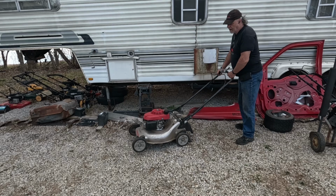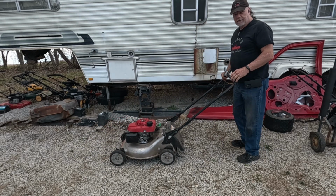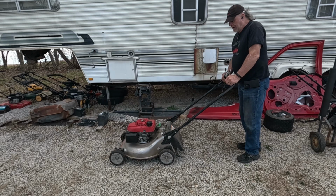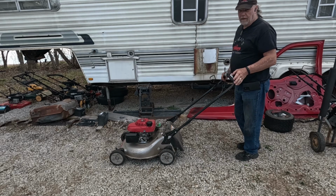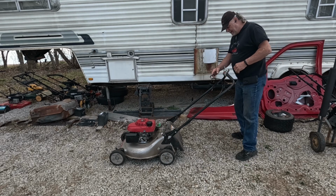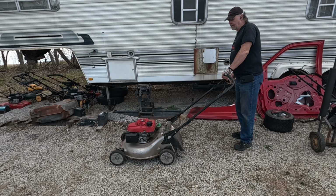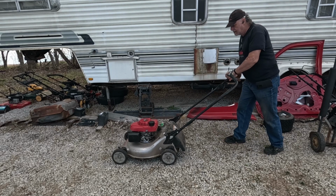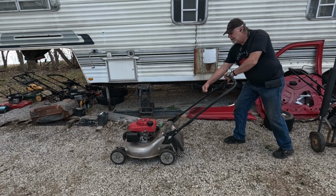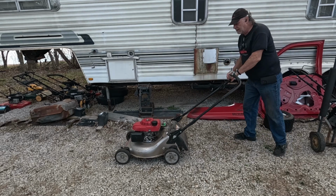All right, since we last saw the Honda and it was sitting out there, I had it running. I did go out the next day to try and start it, and I pulled the rope hinges. I ended up draining all that old gas out, putting fresh in. Started it yesterday and let it run for a while. Now I've let it set all night and let it cool, and let's see what it does. Well, nothing on one, nothing on two. Well,